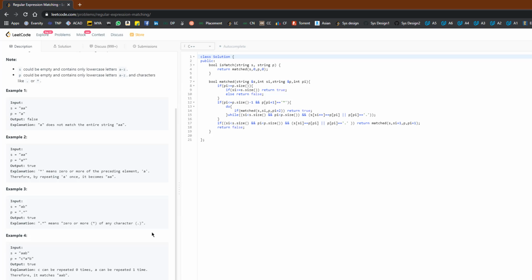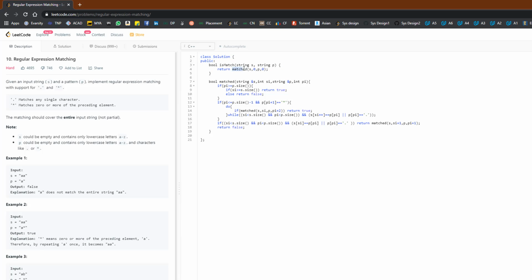I'll be using the brute force approach, and the brute force approach is one with recursion in it. So we will have a recursive function named match over here that will take the same parameters string s and p and take the indexes where we currently are. What I mean by that is the indices up to which the matching has already been done. So in this case, we haven't matched a single index, so we'll start from the starting index, and this is the recursive function that will be used for recursion.